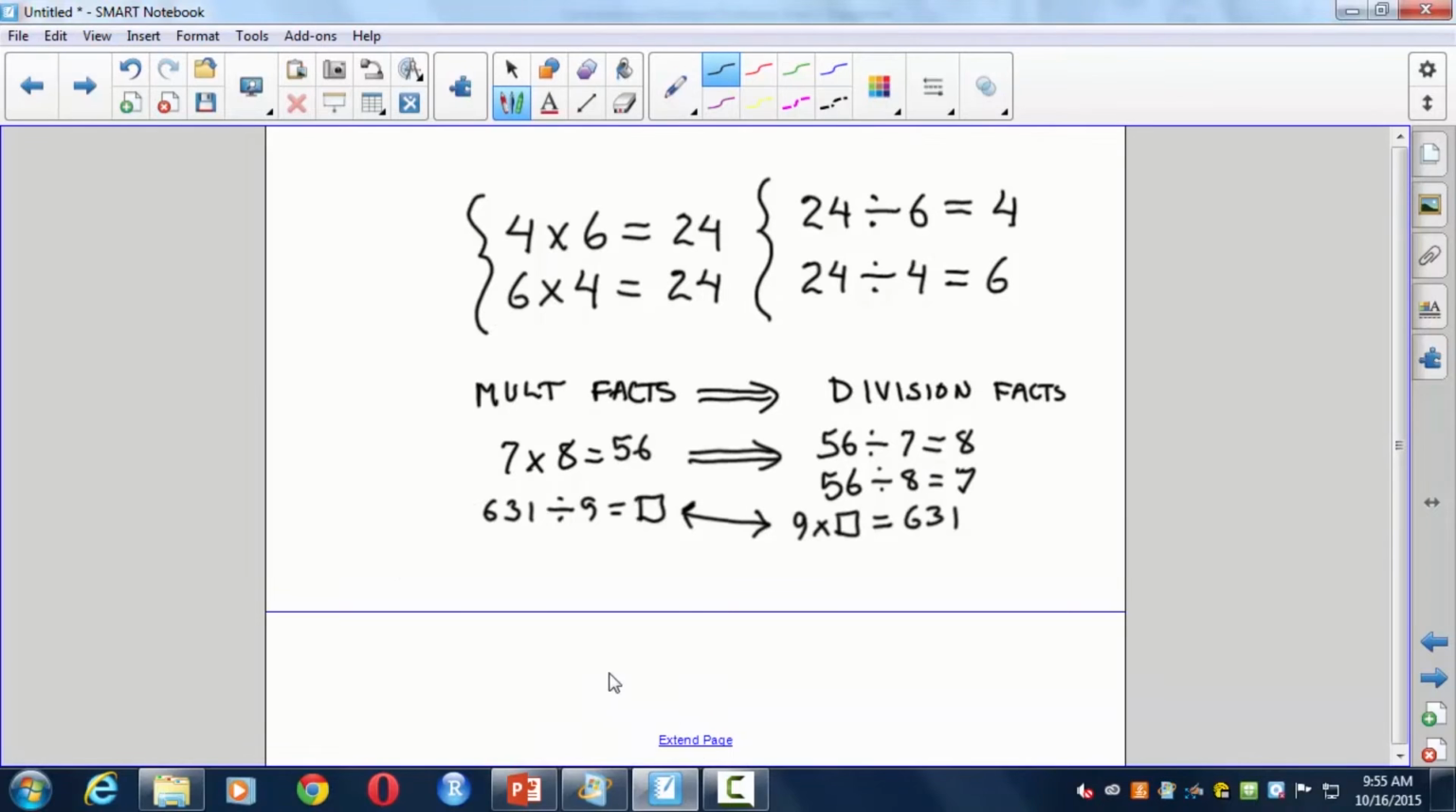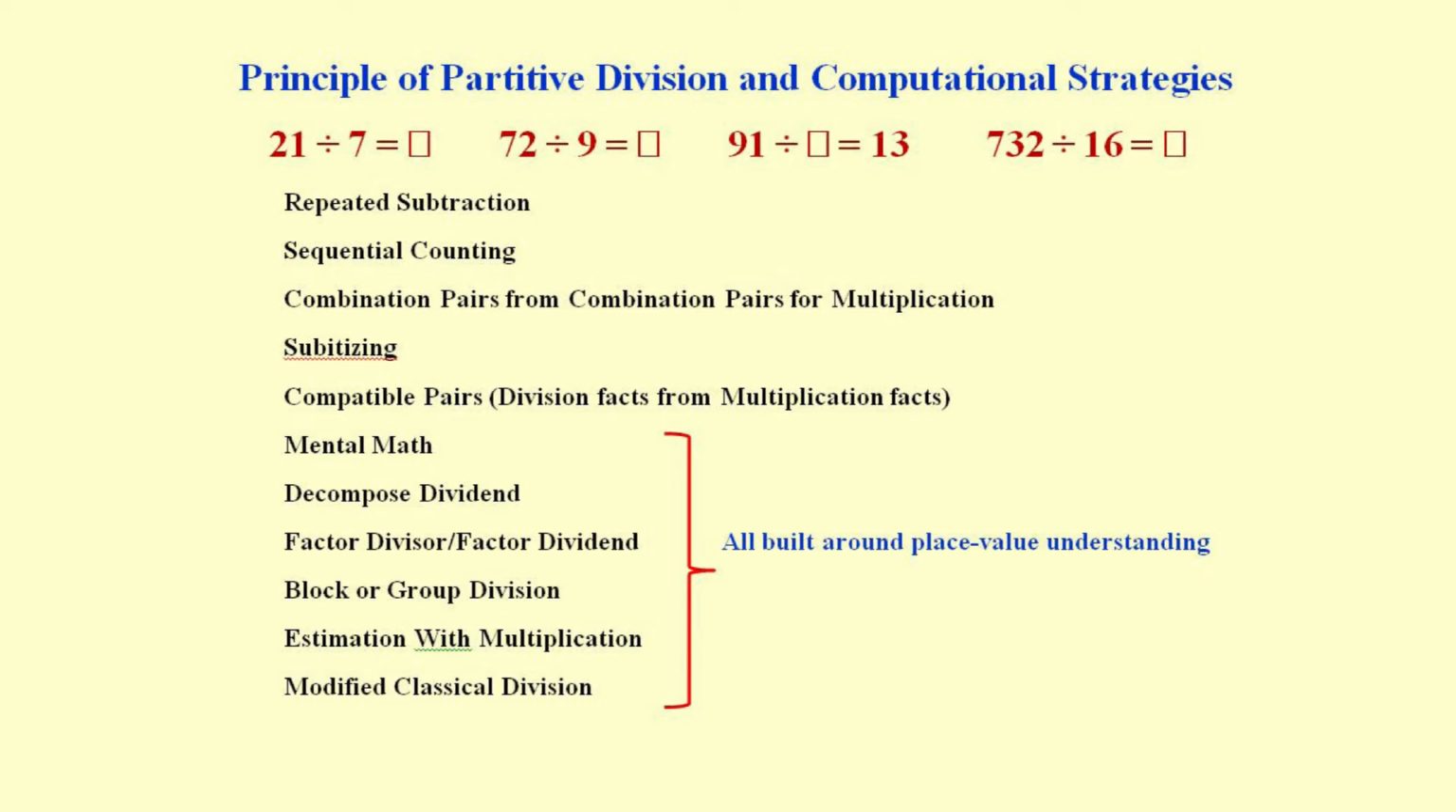Okay, so where are we in our list of computational strategies? That brings us down to Subitizing, and Subitizing really includes all of our combination pairs and our compatible pairs for division. It's just those kinds of division facts that when we look at them, we know the answer to them immediately. So let's see if I can give a couple of examples of that. So Subitizing, which I also call recognition counting,